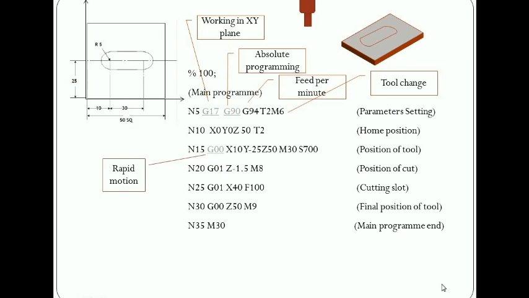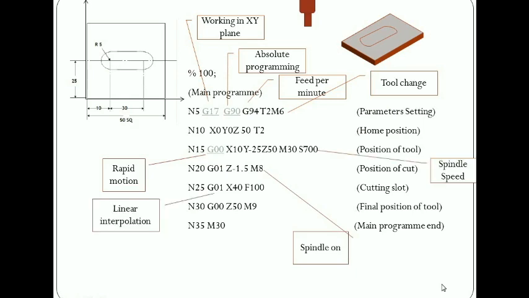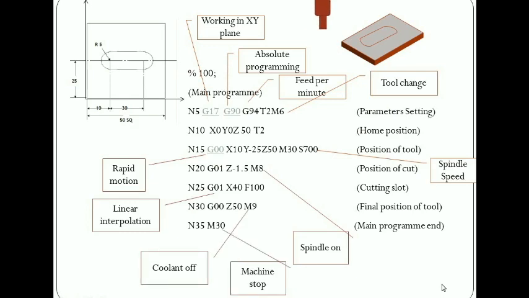To stop the program, I use M05 M30. Let's see the simulation. Tool has moved to the home position to the cutting position. Now it goes down, the cutting takes place. Now the slotting is taking place. So after that, it is retrieved. So in this way, a slot is created here in the workpiece using the part program written.